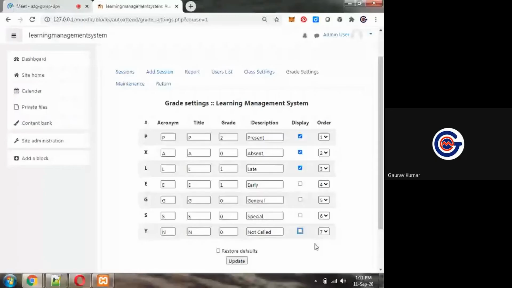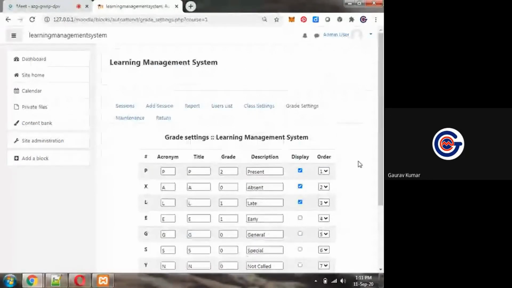You can change them as per your convenience. If we need only present, absent, and leave, in that case you can remove all these other things. We don't need general or special, only these are okay. So in this way we can automate the attendance register very effectively.